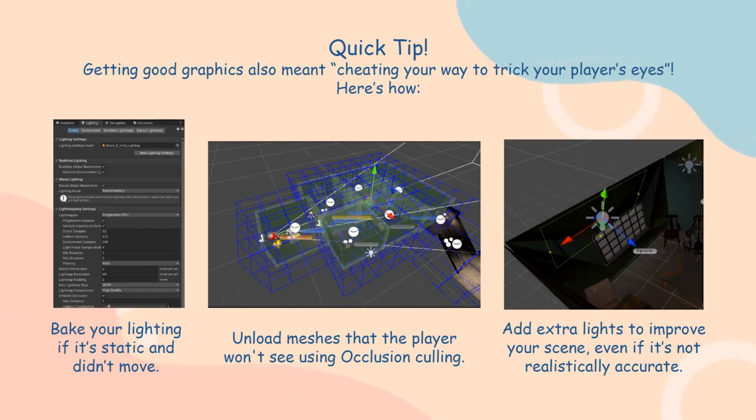And about lights, you can actually put in extra lights. For example, I added a light on the window instead of using an HDRI, because it makes it look better. Even though it's not really realistic, it actually applies in filmmaking as well. You might see soft boxes around the characters, or if you look at the Resident Evil breakdown, you might see some light on the character's face, even though it's not there. It's so that it looks better instead of realistically accurate, because realism can be a bit dull. So try to pick it out by using lights and play around with it. It's just a tool, especially in games.